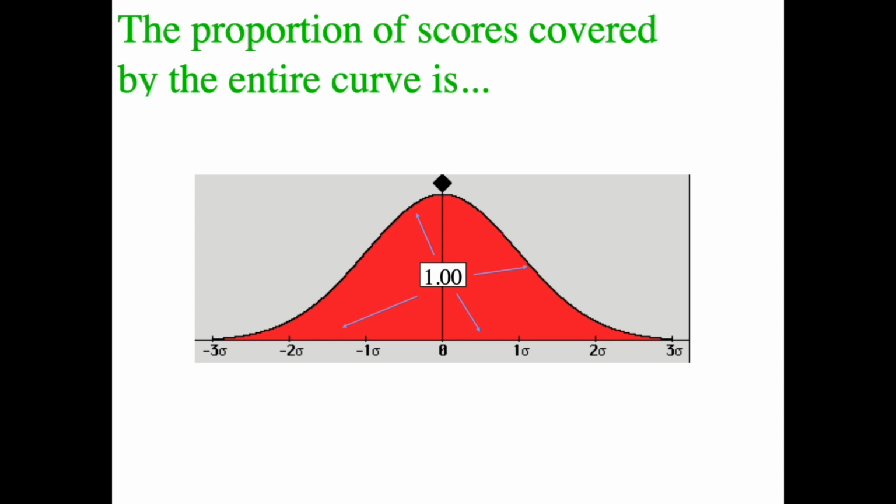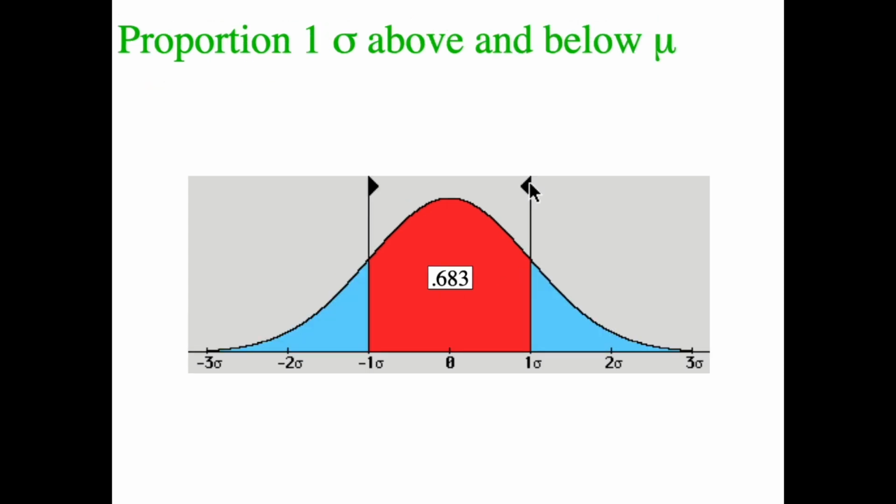But now let's go ahead and cut up some pieces here and look at some things about the proportions that you see there. So here, what I've done is I've marked off 1 standard deviation above the mean of 0 and 1 standard deviation below the mean. And you can see that in red, what proportion of the entire curve is between -1 standard deviation and +1 standard deviation. And that turns out to be always the case, 0.683. So 68.3%,